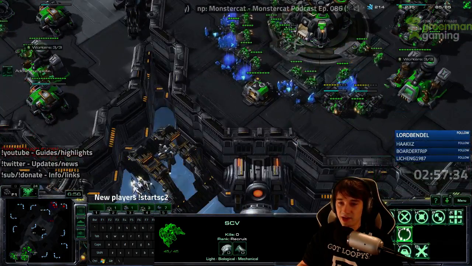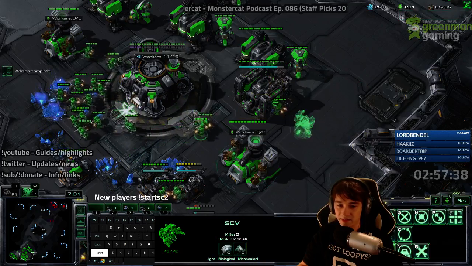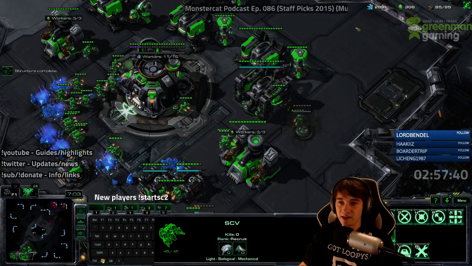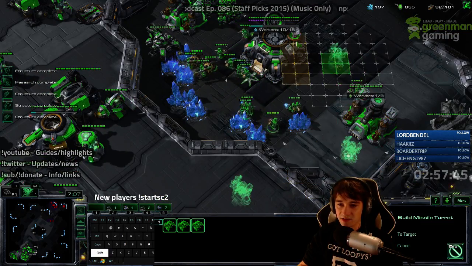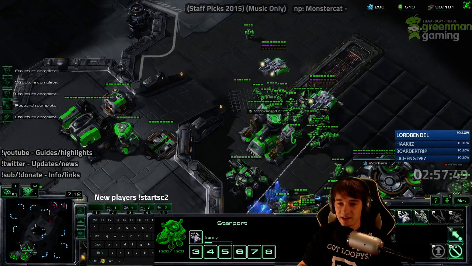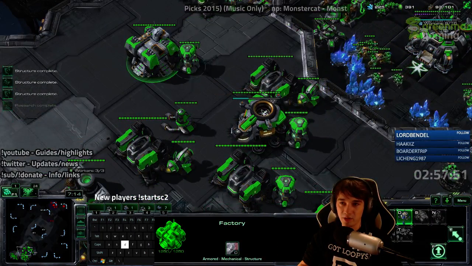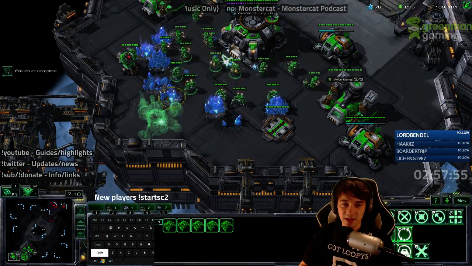So I'm setting them up a little bit outside the mineral line so they have no ability to really get in and harass me in a meaningful way. The idea here, it's not too bad to overreact with your turrets as well. At this level, it's fine, in my opinion. I'm starting to get maybe a Liberator or 2, get some Widow Mines. We've got all these turrets up. I'm going to start an Armory